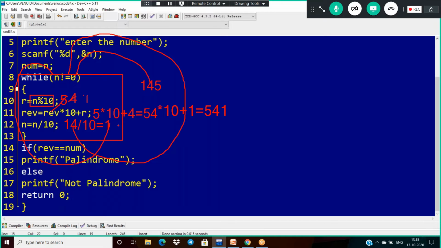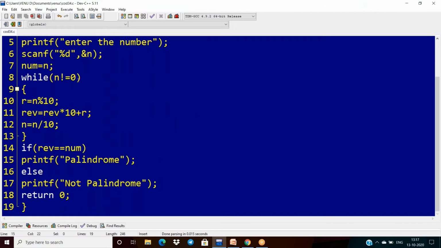And n equals 1 divided by 10, which is 0 here. So now 0 not equal to 0, the condition is false. Finally, if I give input 145, I get the reverse 541, correct. So if the reverse and the number are equal, then it is called palindrome.